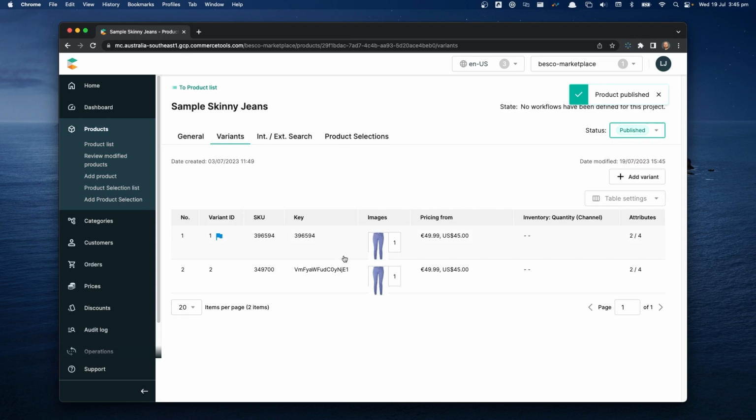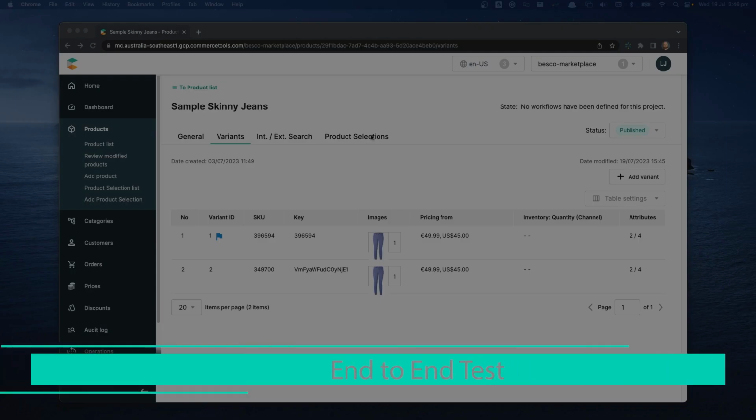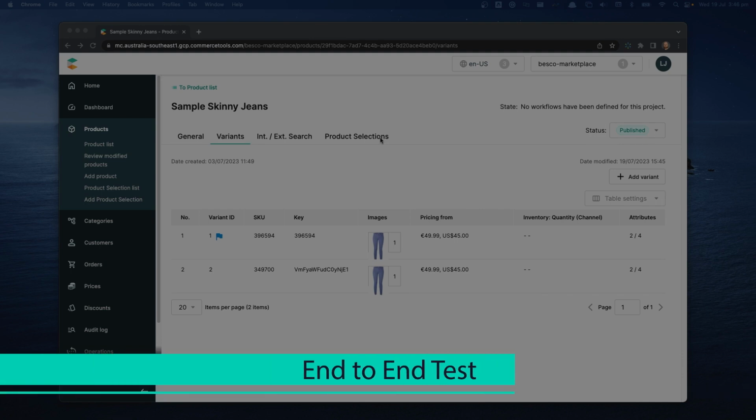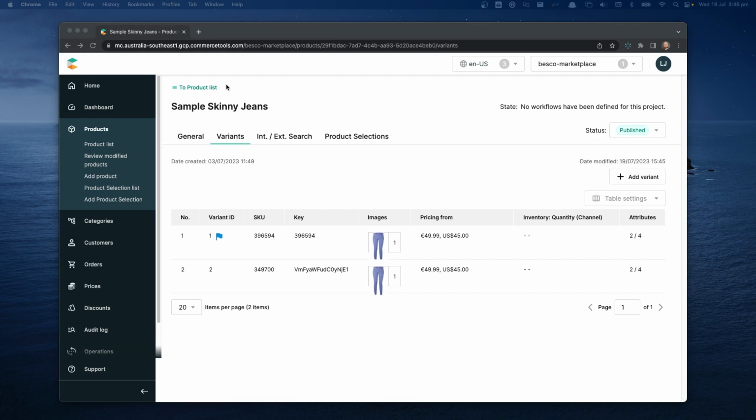Okay, and so what that means is we're going to now purchase this variant and create an order, and that data will flow through our Azure message bus through to Azure and hopefully into Marketplace, so an order can get created. So yeah, everything should be in place now for us to actually create an order and have it flow through to Marketplace. So back over in Merchant Center, we're going to come home,